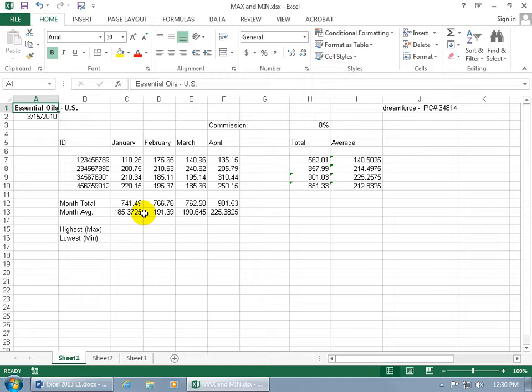To find the highest value or the lowest within a given range, you can use the max and min functions, and I've got the labels here. Max is for maximum, min is for minimum. And for example, if I'm looking at the month of January and I want to find out which employee had